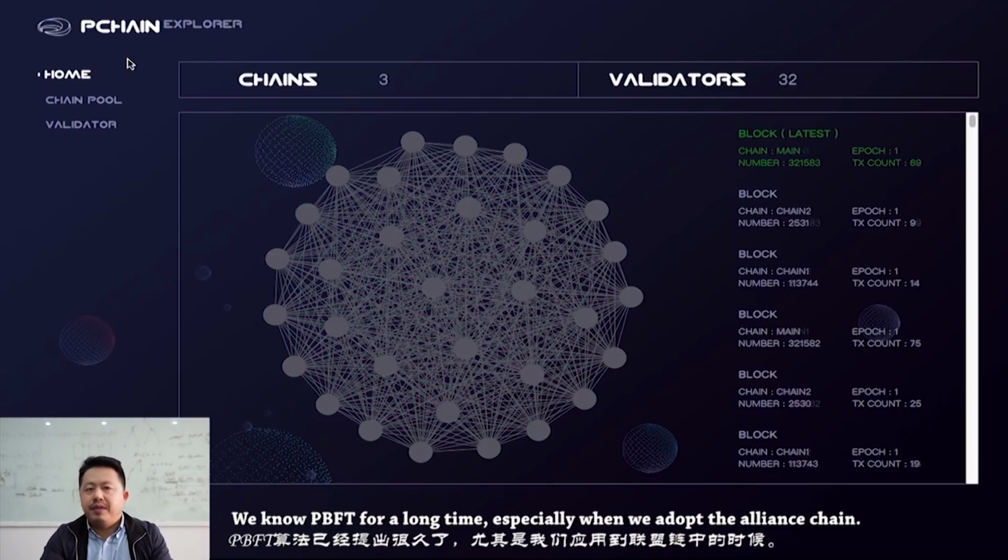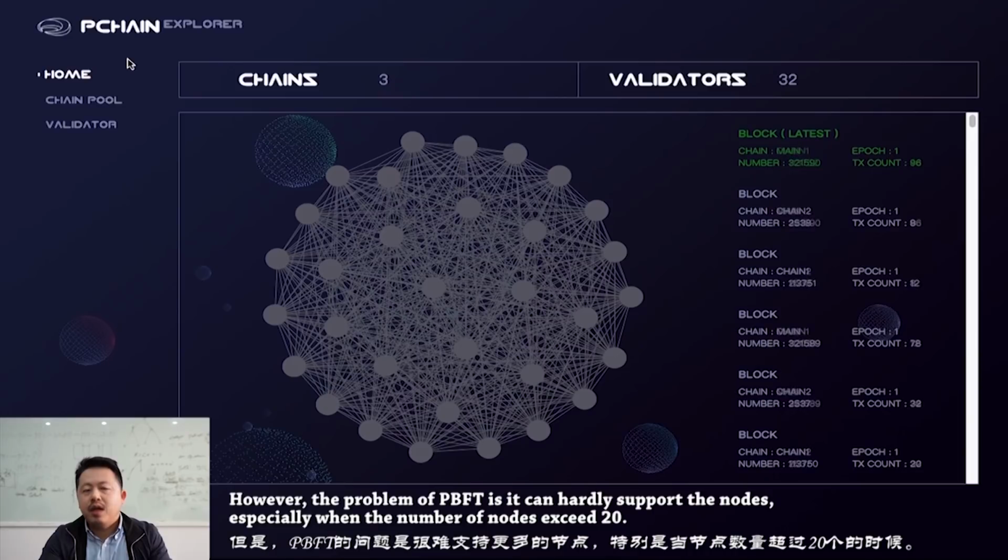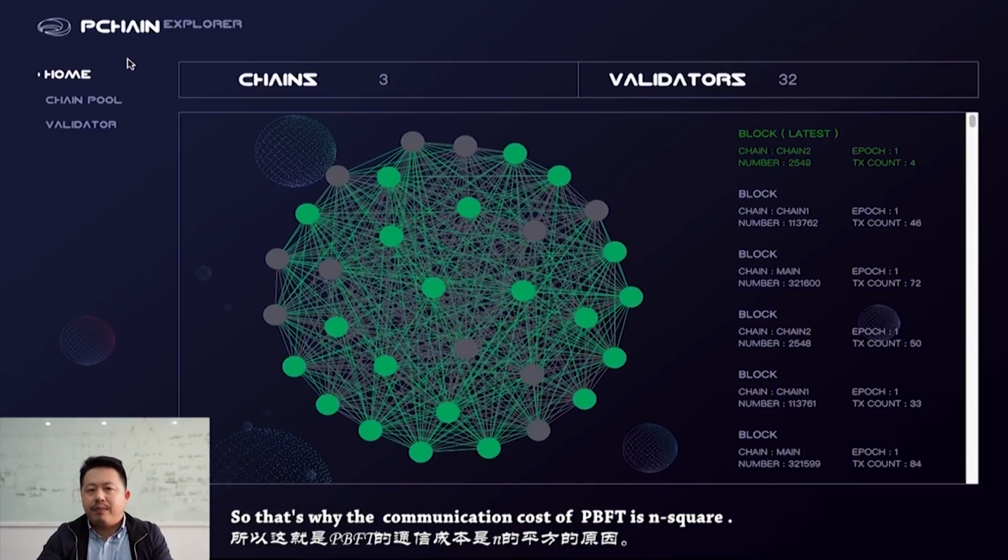We have known PBFT for a long time, especially when we adopted it in the alliance chain, we adopt this algorithm very often. However, the problem of PBFT is that it can hardly support the nodes especially when the number of nodes exceeds 20, because the communication cost of PBFT is n squared.